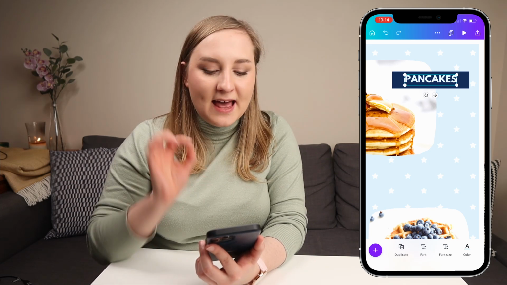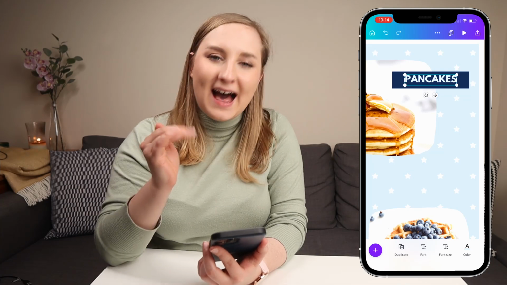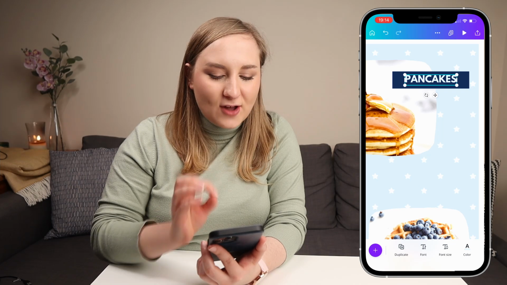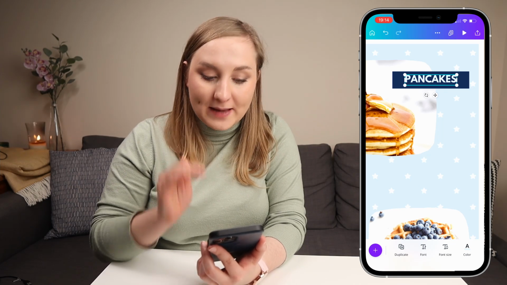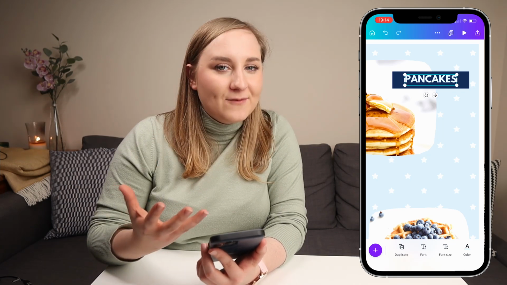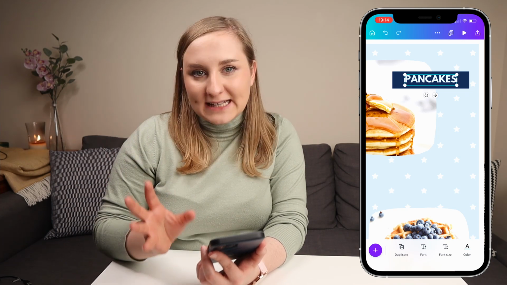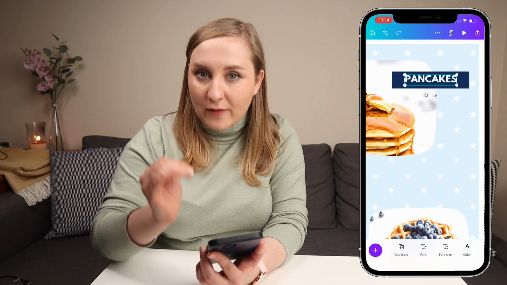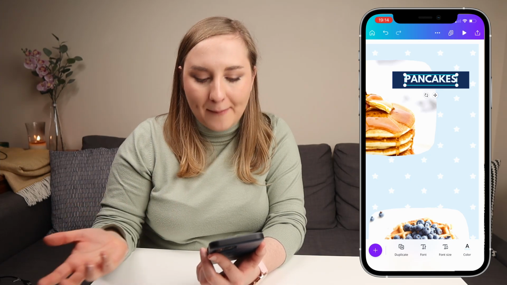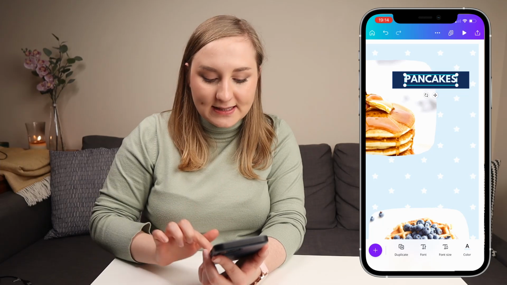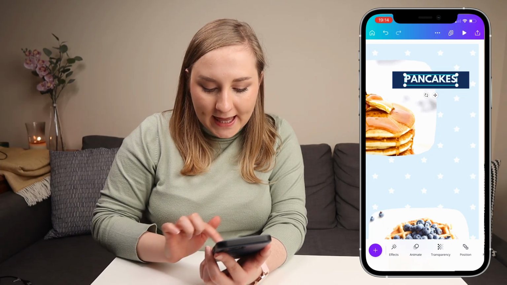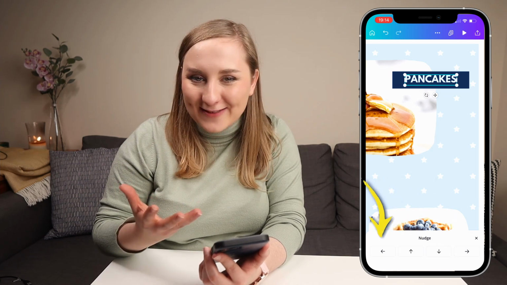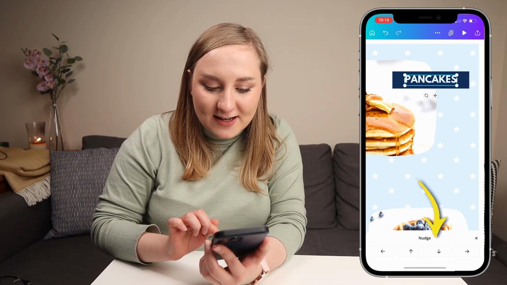But as you can see, that text box is actually a bit higher than the actual text. So when I'm dragging it to the center, it's not really showing me the center that it should be at. So I've shared in my Canva tips and tricks video that on desktop, you can just use your arrow keys to gently nudge the element in certain direction. But how do you actually do it on the app? Well, there is an easy way to do it. If you scroll down here, you'll go to nudge just like that, and you have the different arrows just as you would have the arrow keys, and you can just gently nudge it into place.